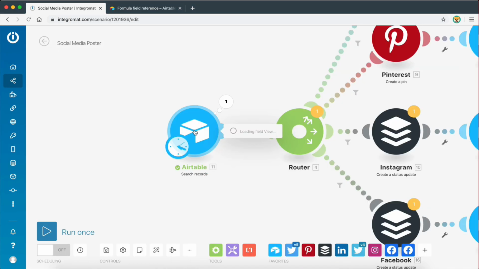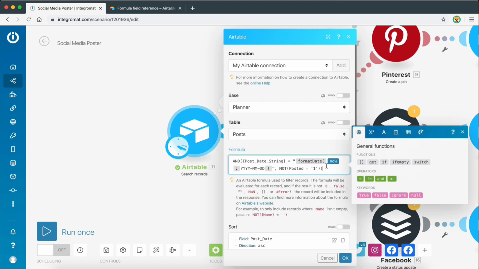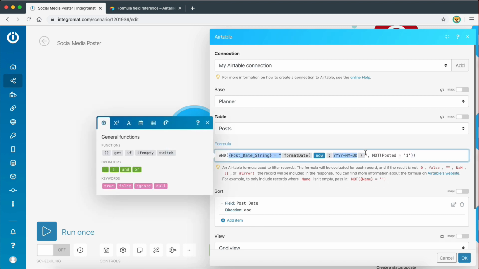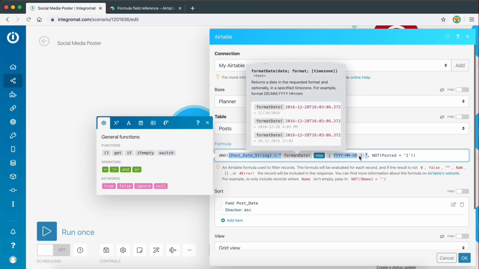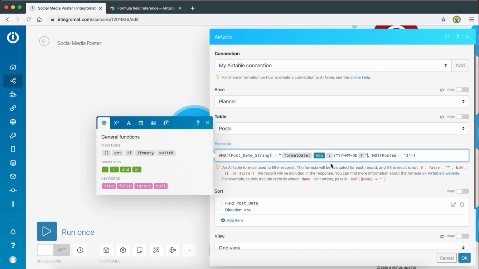So here we are, guys. I think that I managed to fix the error. What I had to do is basically attach an extra rule to my formula right here. Before, we basically had this rule which checked if the current date was equal to the post date string, right, in order to find all the posts for today. And now I had to extend this and add another rule